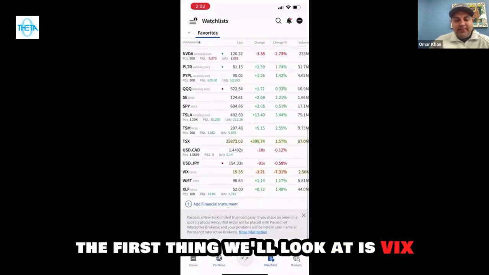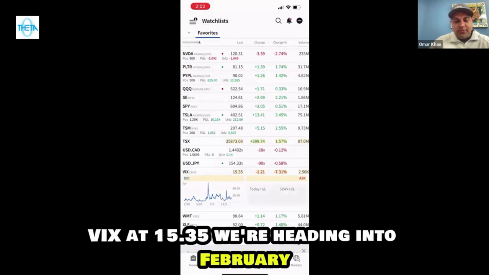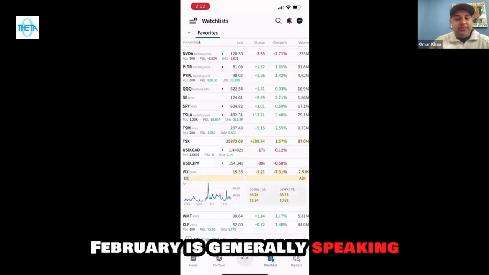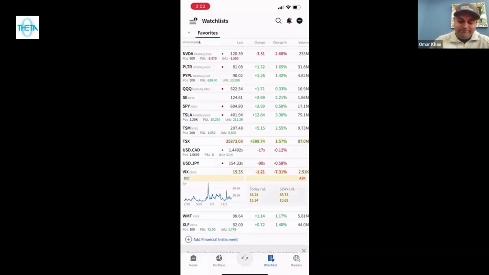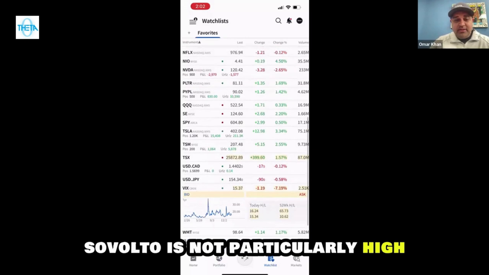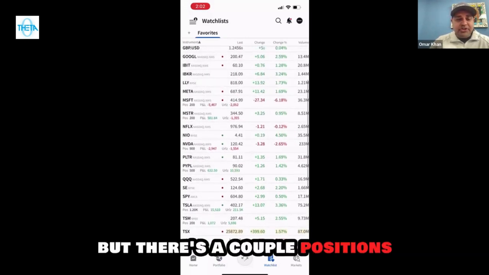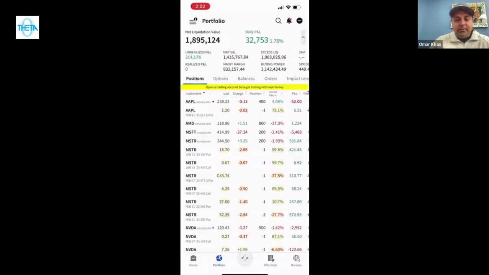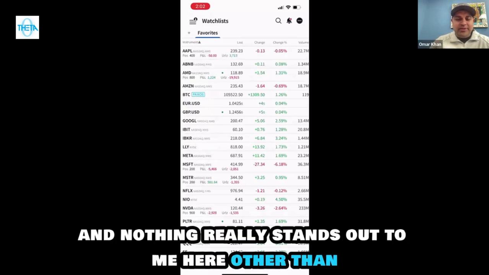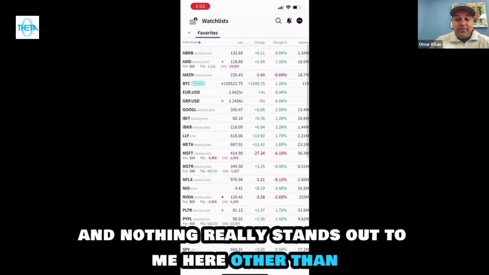The first thing I want to look at is VIX. VIX at 15.35. We're heading into February. February is, generally speaking, the worst month out of the seasonally strong period of time. So volatility is not particularly high, but there's a couple positions I might be interested in writing a put on. I'm going to go down my list here, and nothing really stands out to me here other than